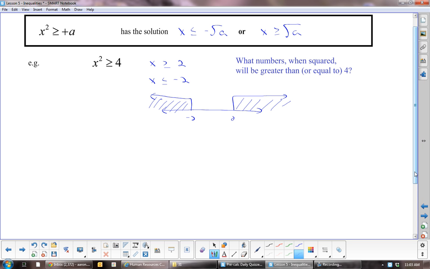And some people still get messed up with that concept. Now, how would you say this using interval notation? You would go negative infinity, comma, negative 2,